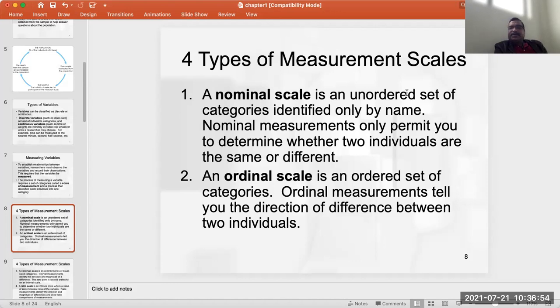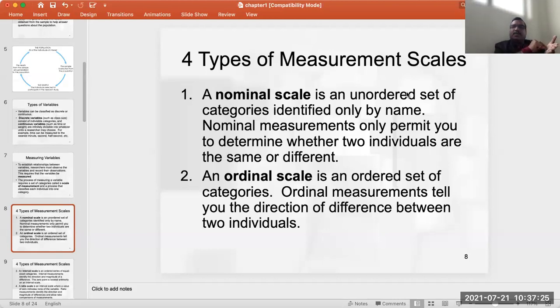Then comes the second scale, the ordinal scale. What is the ordinal scale? You have seen in questionnaires, when you go for some sort of survey, they ask, okay, rate your preference on a scale of 1 to 5. Let's say 1 is fully disagree, 5 is fully agree. So you know that this is an ordered set.